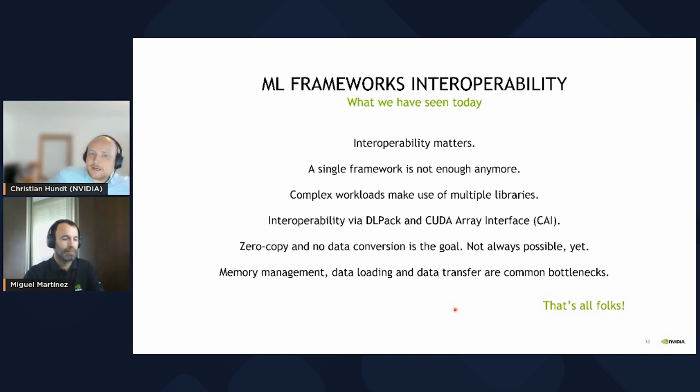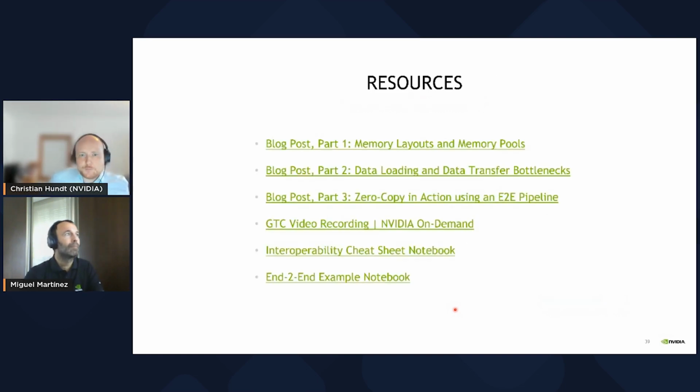We packed all the information into Jupyter notebooks. And if you are a person that likes to read rather than listen to us here, there's a series of blog posts which explains everything in detail, gives you more information. There's a slightly longer talk on it at the GPU Technology Conference, as well as the 2 Jupyter notebooks noted.